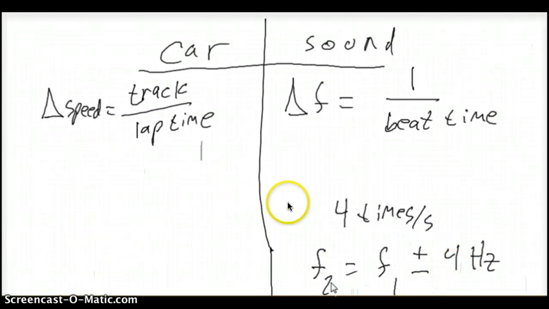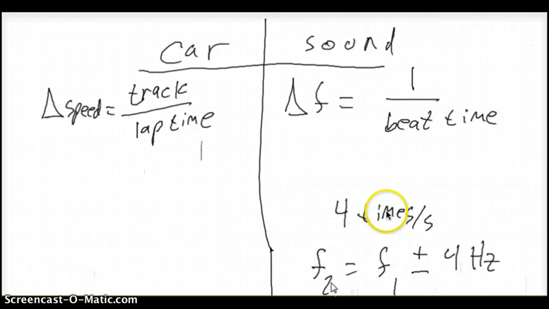And for example, for tuning a guitar, I have a control F1, and I want to bring the beating of 4 times back to 0, so that they have the same frequency. When they have the same frequency, the string is in tune. So I will have to tune it down to get to 0 beat frequency, so that F2 and F1 have the same frequency.